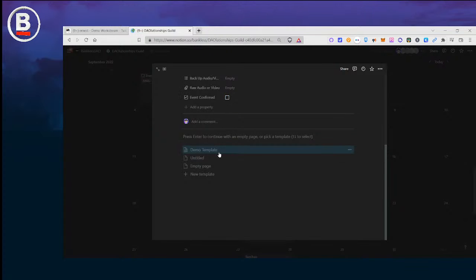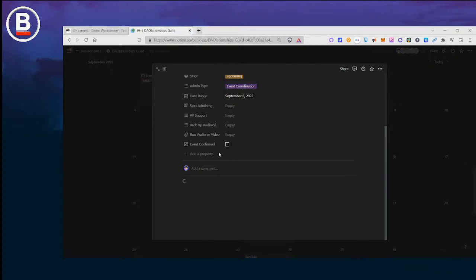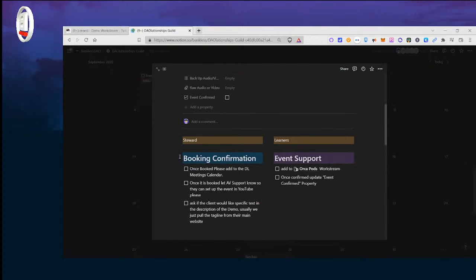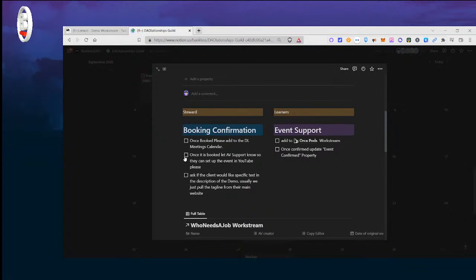And again, you want to start with the template for demos, and this will create for you a game called commit to task item, commit to action item. And so every block on this Notion page that has a checkbox on it is actually an action item.